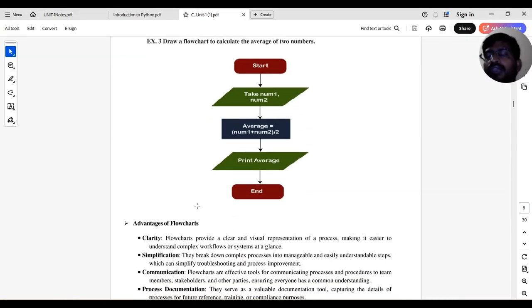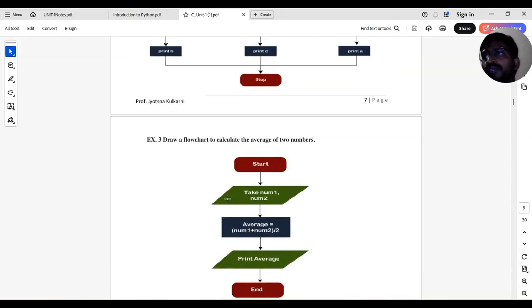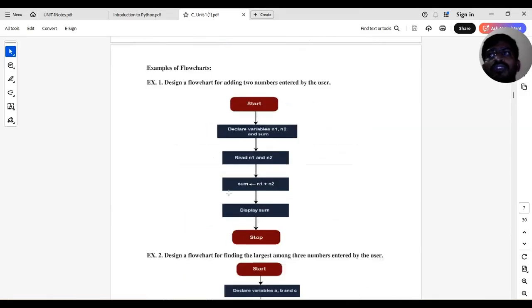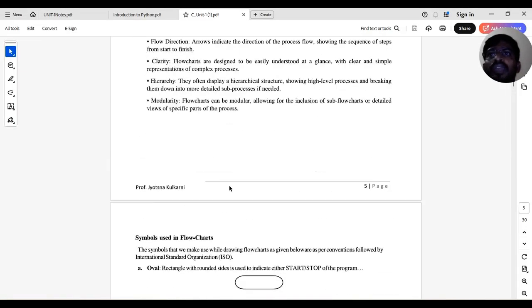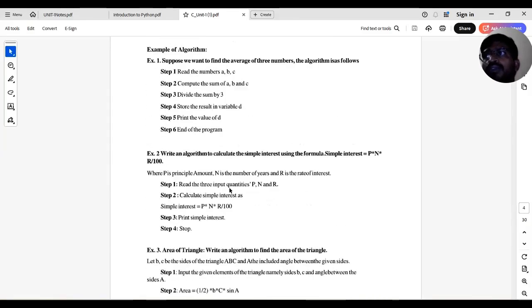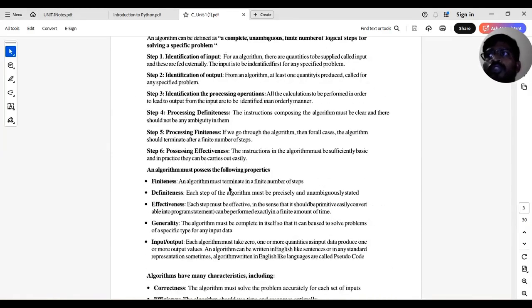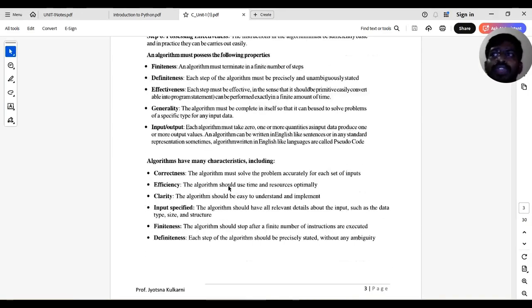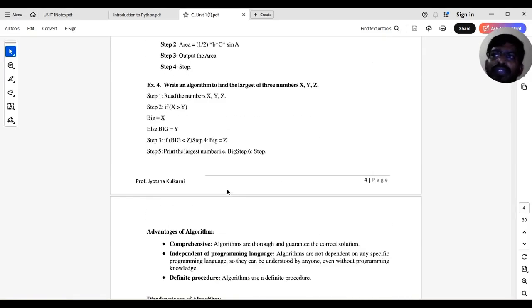सो सिंपली इसके कुछ एडवांटेजेस हैं, कुछ डिसएडवांटेजेस भी। बट व्हेन यू वर्क विद द इंडस्ट्री, यहाँ पर आप लोगों को एल्गोरिथम्स बनाने पड़ेंगे, फ्लो चार्ट भी ड्रॉ करने पड़ेंगे। ये सब चीजें होने के बाद ही आप एक्चुअल आपके सॉफ्टवेयर के ऊपर आ सकते हैं। सो ये हो गया सिंपली आपका फर्स्ट ऑफ ऑल, व्हाट डू यू मीन बाय एल्गोरिथम, व्हाट डू यू मीन बाय फ्लो चार्ट, एल्गोरिथम के एडवांटेजेस डिसएडवांटेजेस, फ्लो चार्ट के एडवांटेजेस डिसएडवांटेजेस।